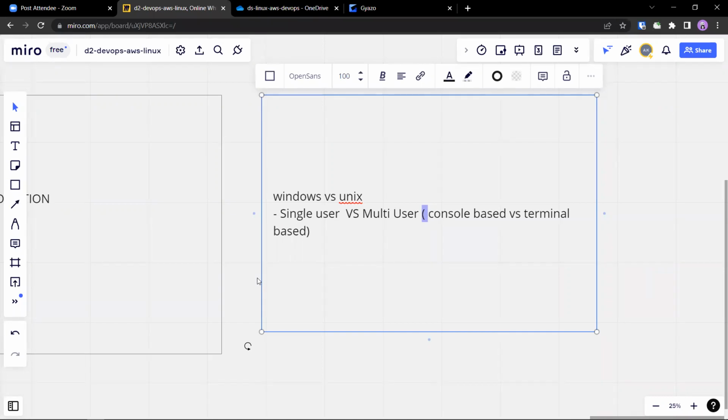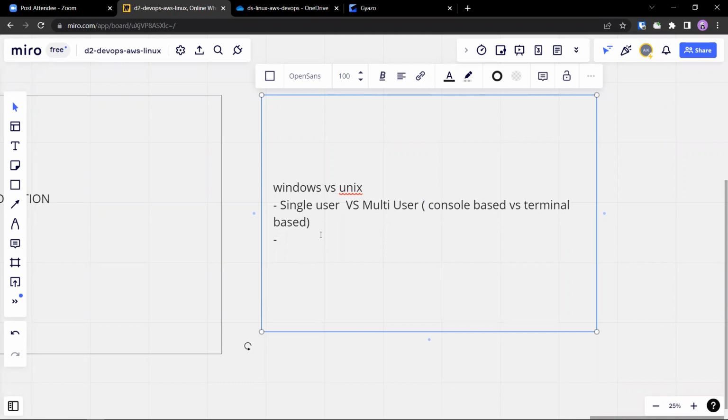So when you say Unix versus Windows or Windows versus Unix, use some fancy words. Console, terminal, multi-user, single user, bash scripting, PowerShell. The interviewer has to stop you. Enough. That's enough. Stop. You know Windows versus Unix. I know that you know it. So let's move on to Java. No more Windows versus Unix questions. It's all how you present. All right. So that's your first difference, Windows versus Unix.